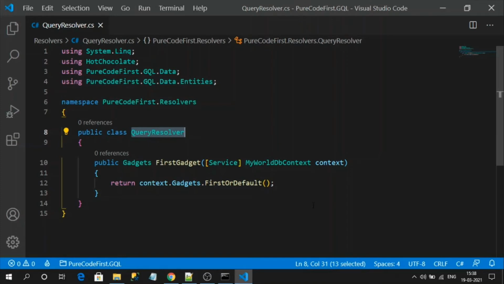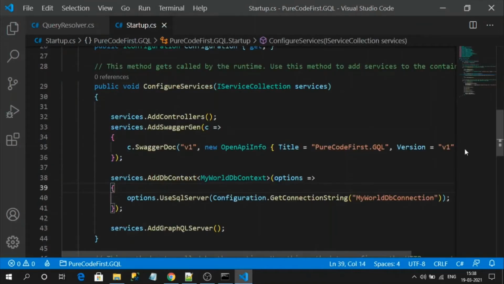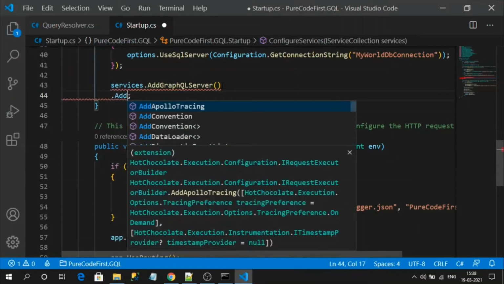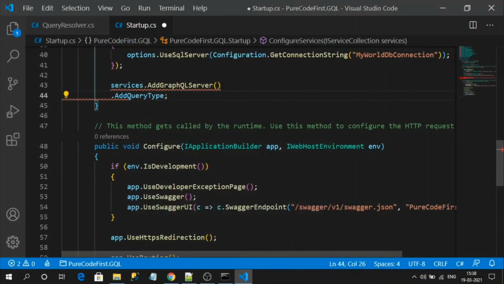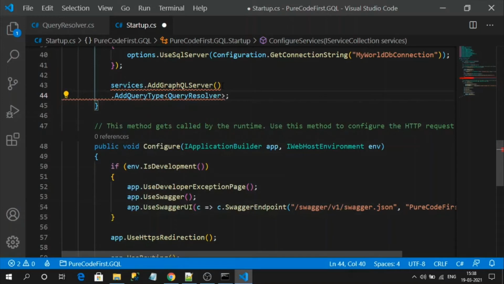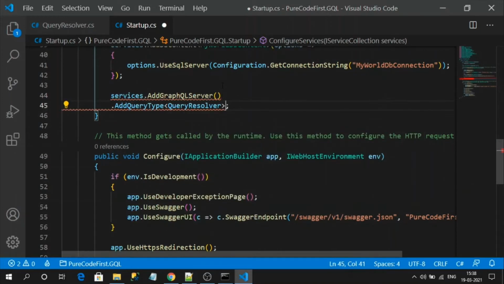For that, let's go to the startup class. Here we have a method called AddQueryType. Here you can pass that class type, and import the namespace.